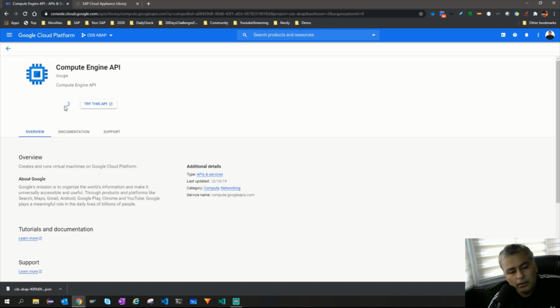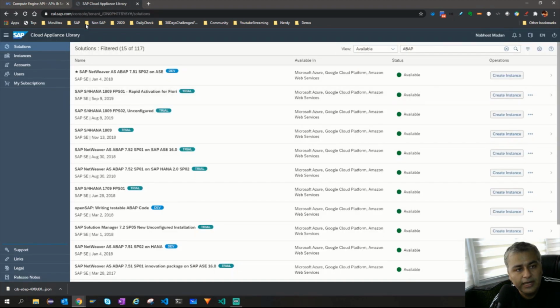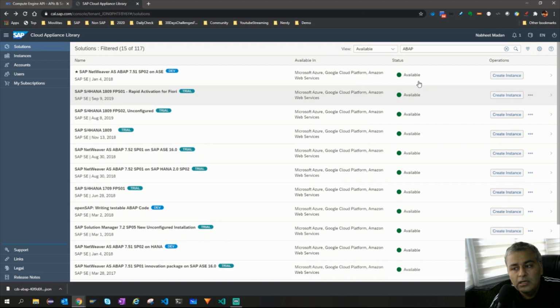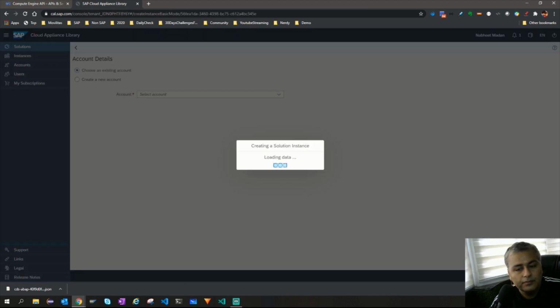Let it get enabled. We wait here, and once this is done, then you need to go to cal.sap.com, go to solutions, and search for SAP NetWeaver AS ABAP 751 SP02. This is getting enabled. Let it run, and then you need to click on create instance.